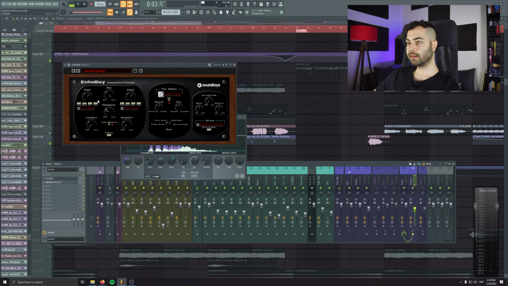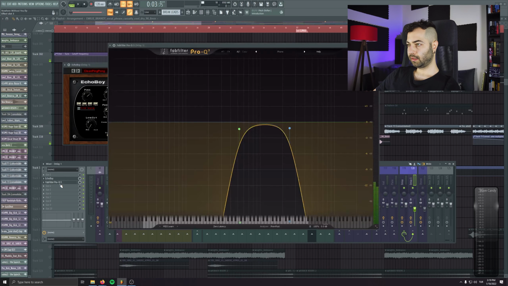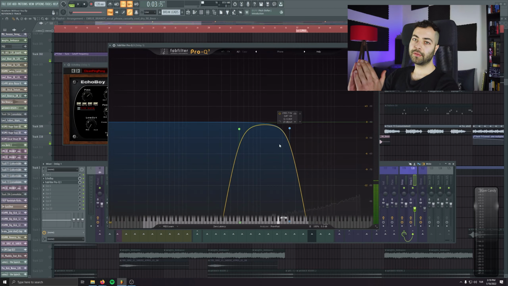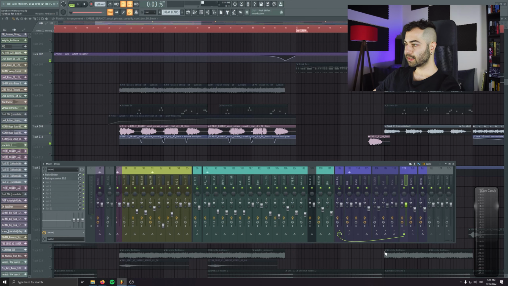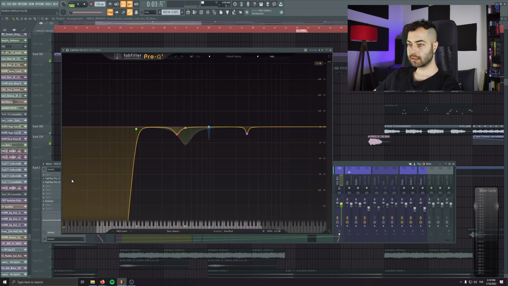Again, the delay is 100% wet, and we have an EQ. I like to narrow the delays so they never clash with the vocals. And we have a chorus. Again, we are just sending the signal to the desired FX, and then all of the FX go to one bus, which has a final EQ.